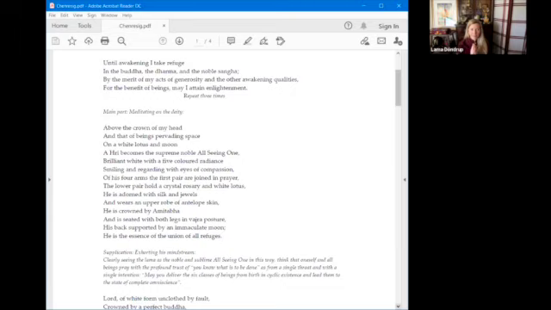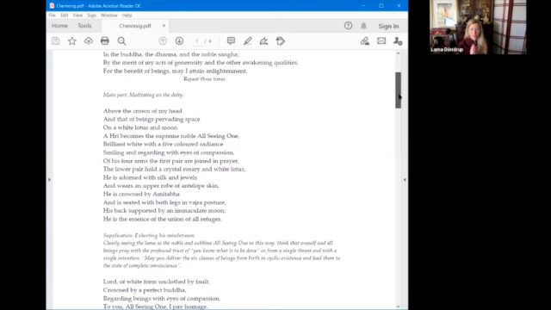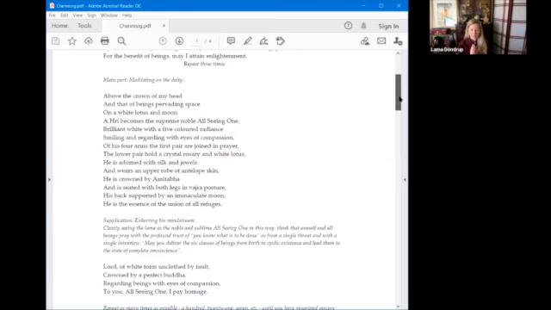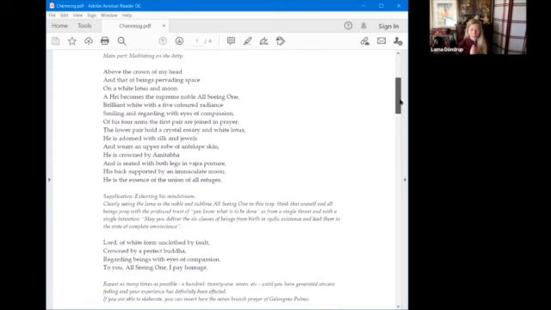Until awakening, I take refuge in the Buddha, the Dharma, and the noble Sangha. By the merit of my acts of generosity and the other awakening qualities, for the benefit of beings, may I attain enlightenment. And now you can visualize